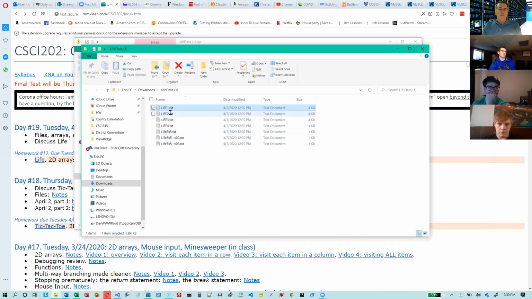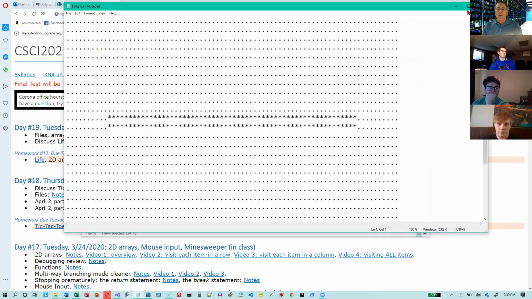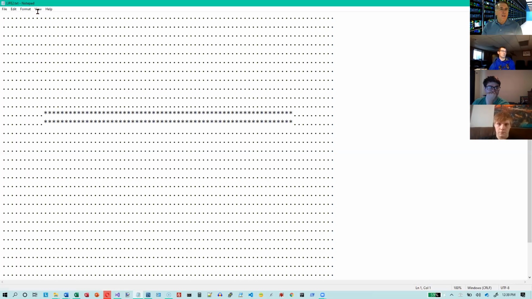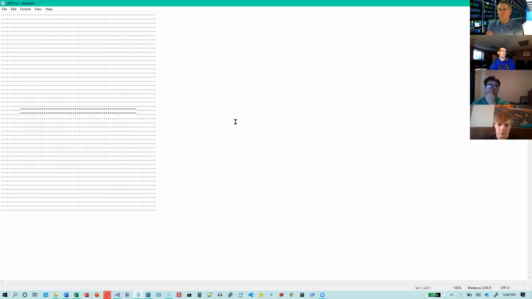Life 2, this one's interesting. And you know what, I got kind of a big font size here. Maybe I should go to format and do a smaller font. Maybe I can see the whole thing on the screen. Let's try 10 instead. Okay, so now you can see the whole thing on the screen. And I've got 2 rows in the middle. And if you look at that,